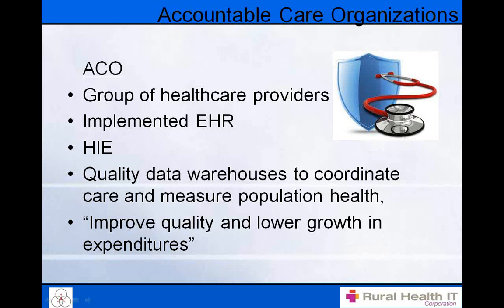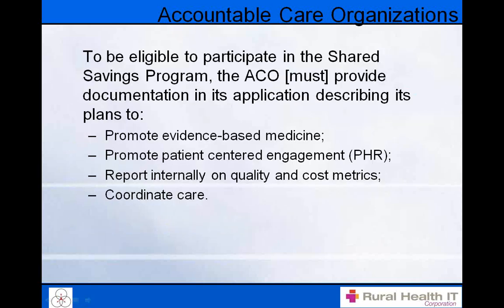With an ACO, you've got to be able to have the exchange of information and the ability to develop quality warehouses, as it's indicated there, to coordinate care and measure population health. The bottom line is to improve quality and lower growth in expenditures. The four major components of an accountable care organization is to promote evidence-based medicine, promote patient-centered engagement, and that's best